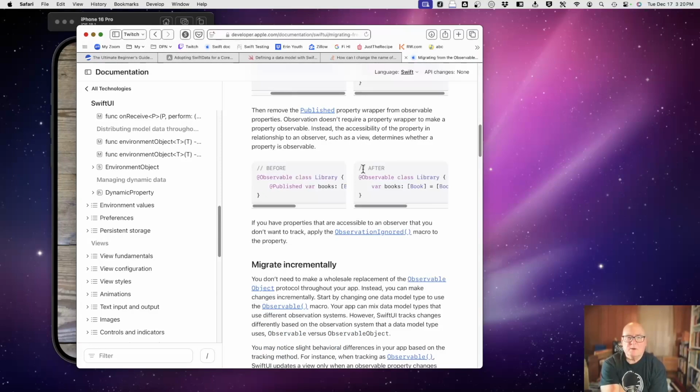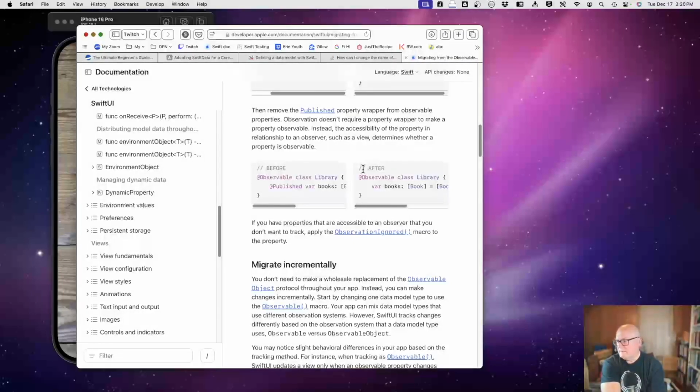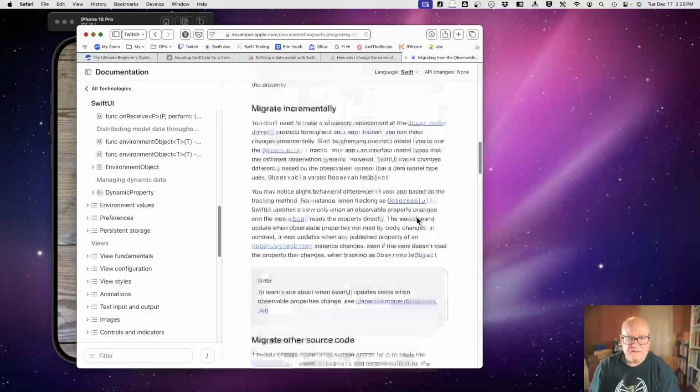Observation doesn't require property wrappers. The accessibility is in relationship to the view. I don't know. I mean, they're loaded into two different objects, I think.